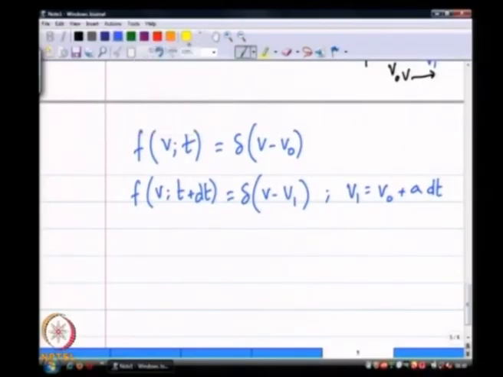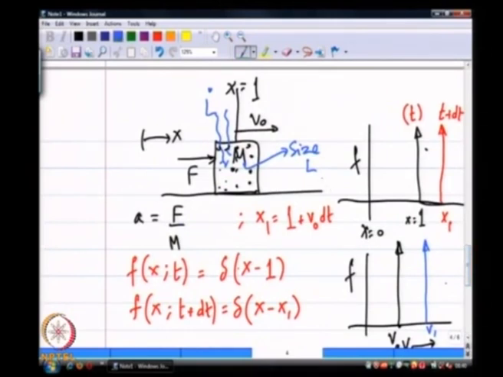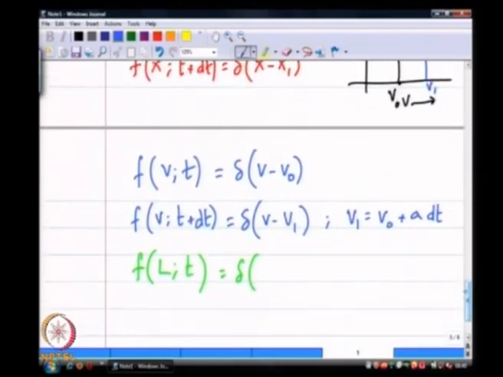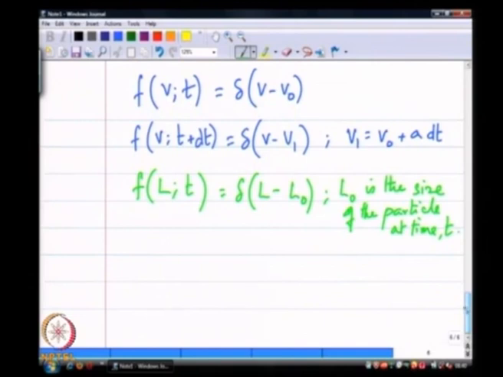So, what I can now say, I can do something exactly similar. Let us say initially it was some size L0. L0 is the size of the particle at time t. And if I now take at the next time the same probability density function in the size coordinate,